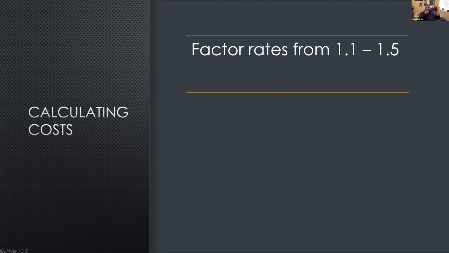So factor rates, we talked about that earlier. This is how MCAs are priced. Factor rates generally are from a 1.1 to a 1.5, 1.1 being low, obviously, and 1.5 being higher. The lower the factor rate, the cheaper the money is. It's easy to calculate the factor rate because it's very simple interest, not an APR. So if we have a $5,000 advance and a factor rate of 1.3, you take 5,000 and multiply it by 1.3,